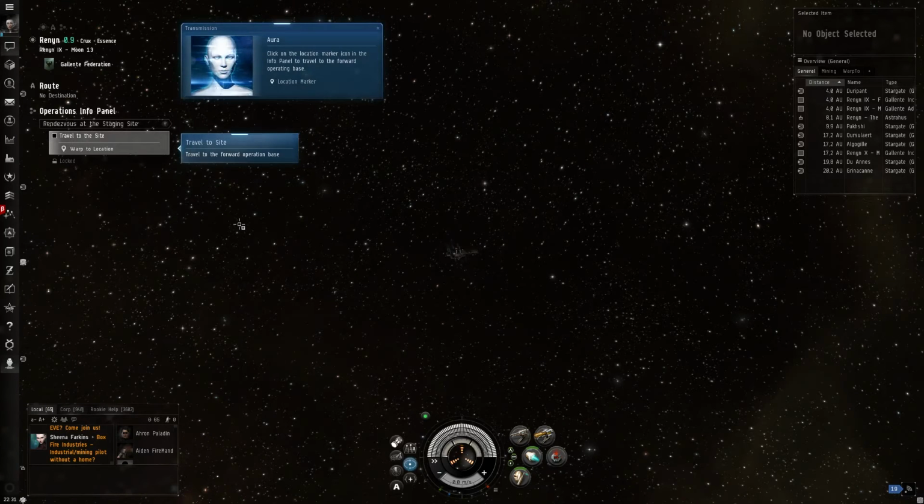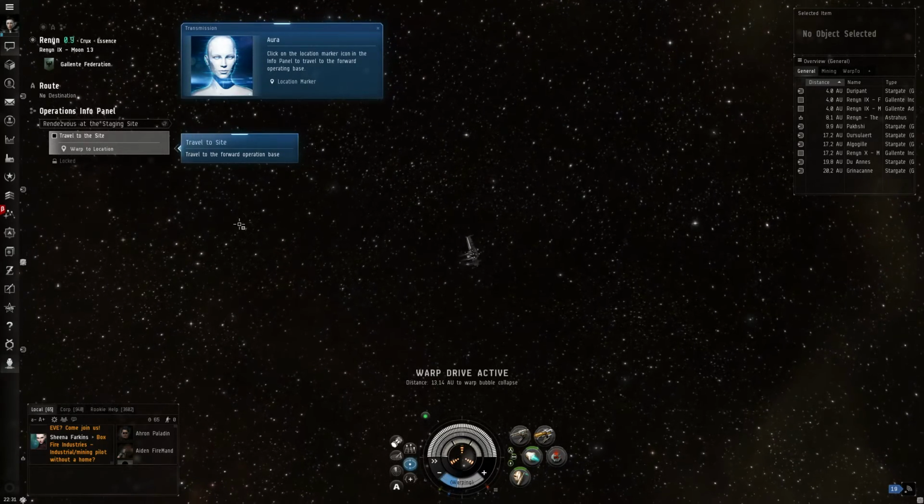Click on the location marker icon in the info panel to travel to the forward